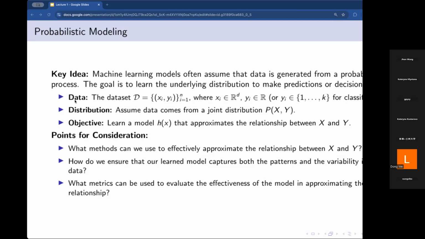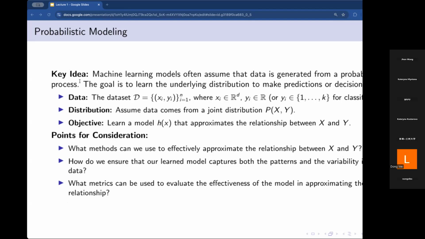The inputs, denoted by xi, are vectors in d-dimensional space, while the outputs yi could either be real values for regression problems or discrete classes for classification tasks. And the goal or objective here is to learn a model that approximates the relationship between our input x and output